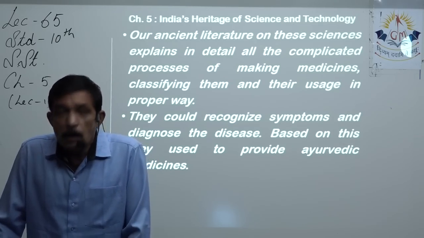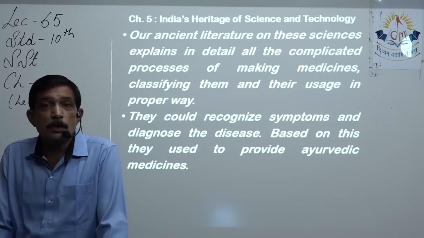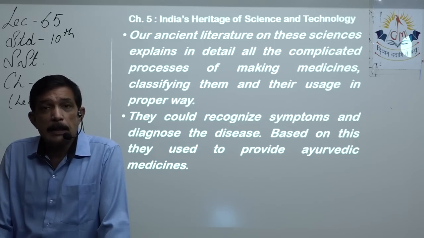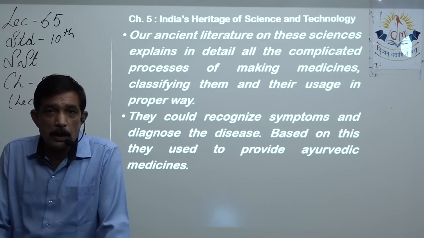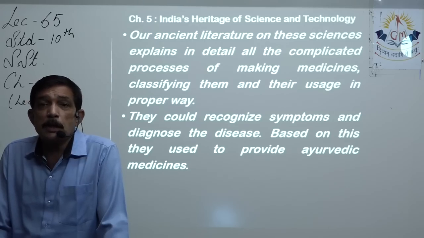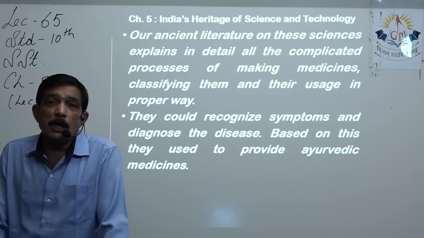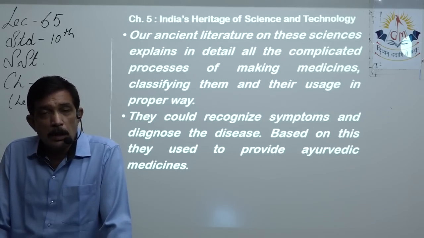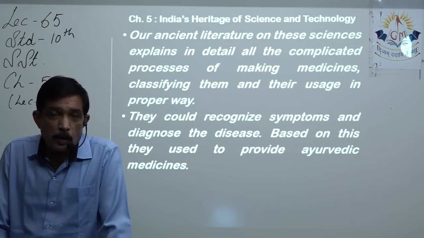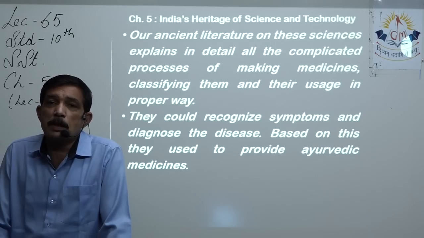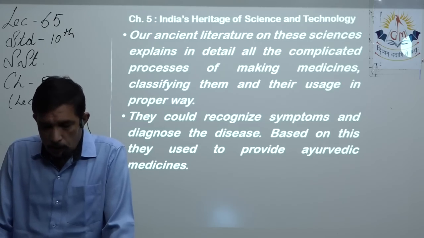Yes, first thing is to learn about these complicated processes: first to see the symptoms and to judge which type of disease this is. Then next, which type of medicines will help at this stage. Then the correct use of medicine, how to use it, and along with that, what are the different things that the person has to take care of. Suppose not to eat some type of food, or not to sleep too much, or not to overwork so much, so that the effects of the medicines can be helpful to the body in a very short time, and the person can be cured from that disease.